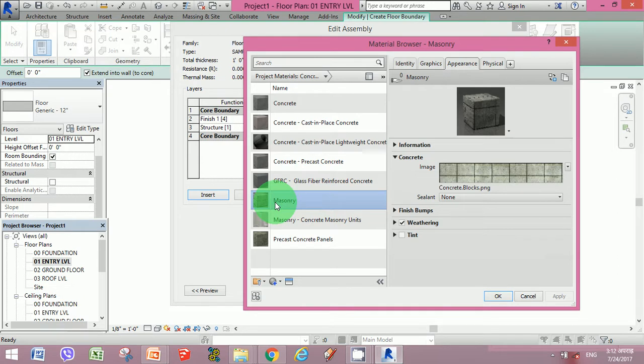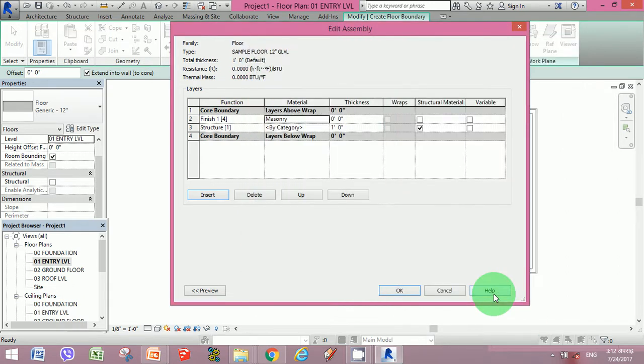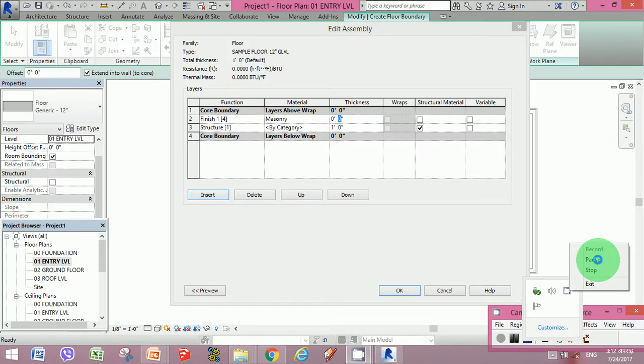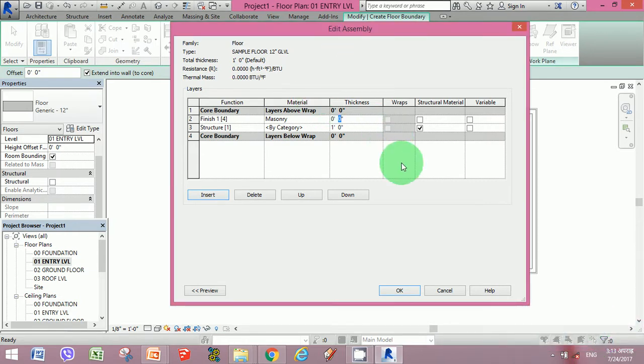So we use this concrete masonry layer for our designing, and we have to give a thickness of some sort to this finishing layer. This finish 1/4 explains the external finishing layer. Coming back to our design, this finish 1/4 layer is for the exterior finishing layer. So we are adding a thickness of 1/4 for this layer, just for showing it.